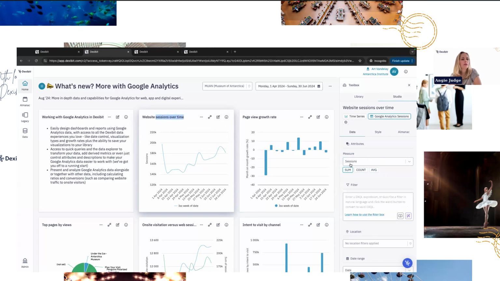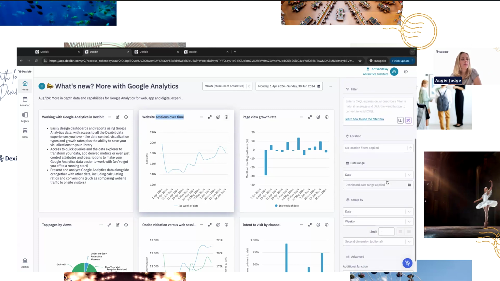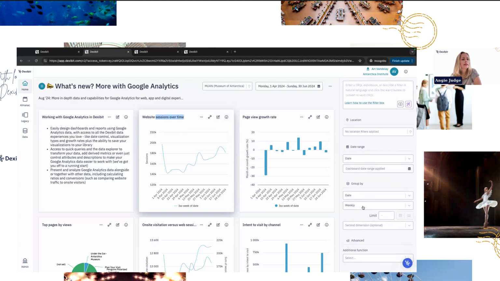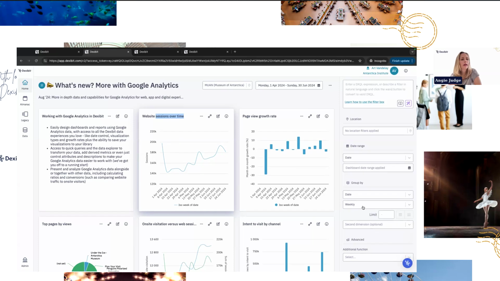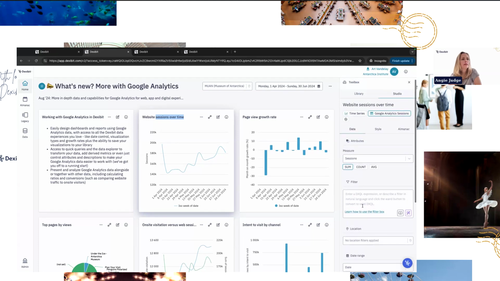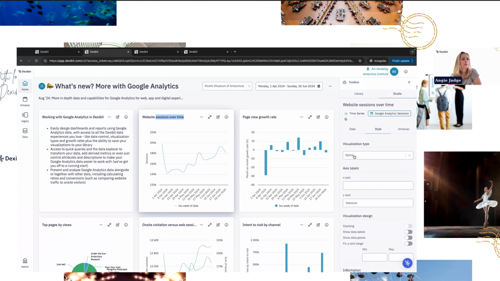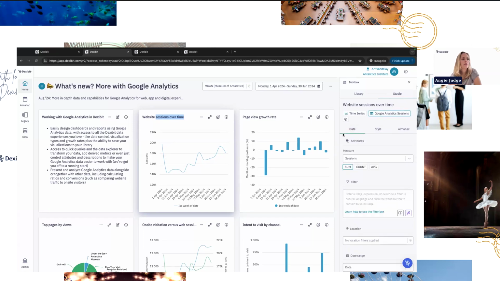So I'm going to plot this one. I'm going to add up all of the sessions. I'm going to look at this data, in this case, over time by week. And I am looking at it here on a spline chart. So this is a nice little graph just to see how many people have been using my website. And I might want to look at the average per day, for example. You can see not too many coming in per day,